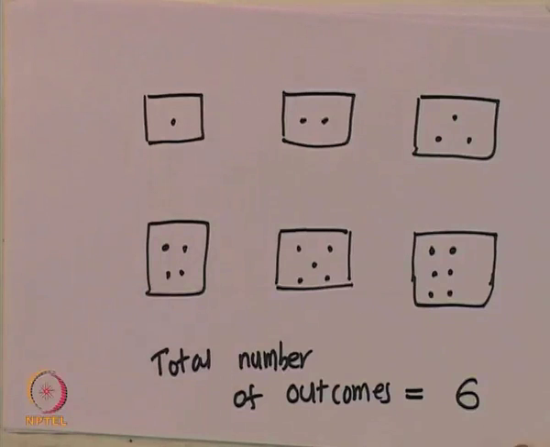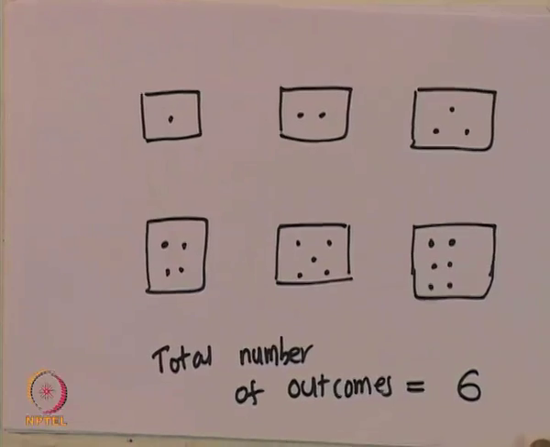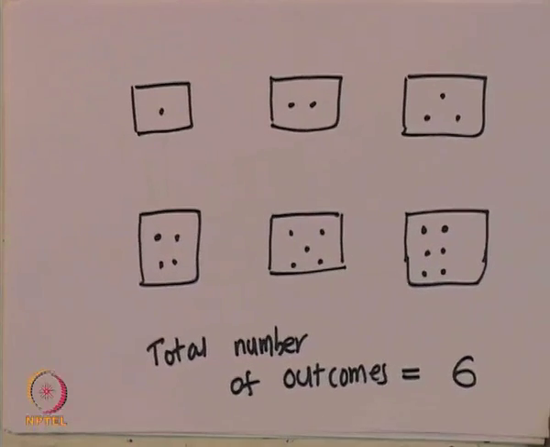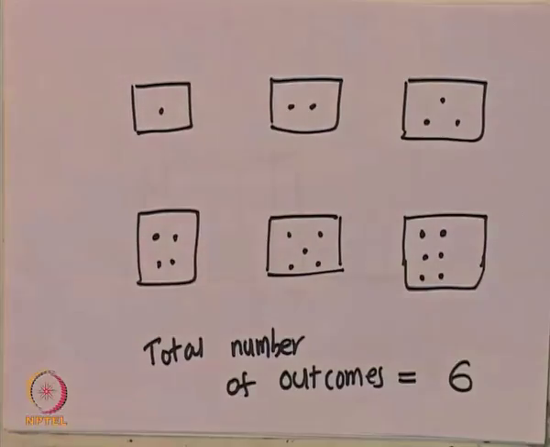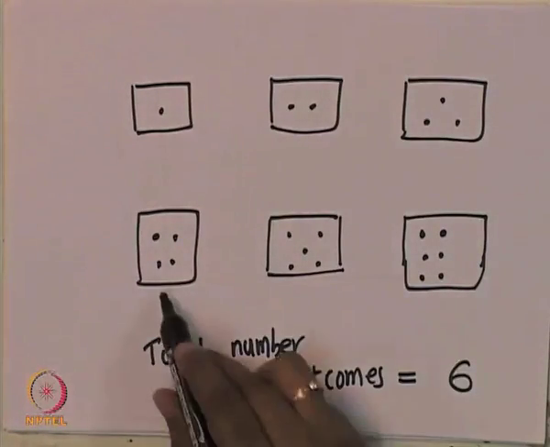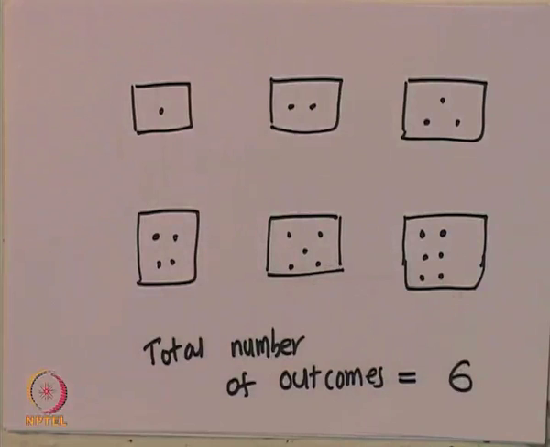Total number of outcomes is 6. Each of them has equal probability, so this has the same probability. So, what does that mean? That means that if you have, like,